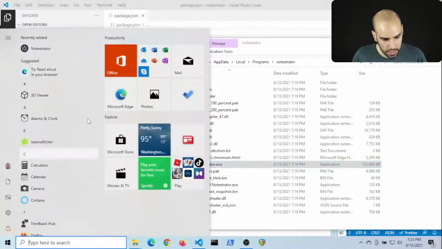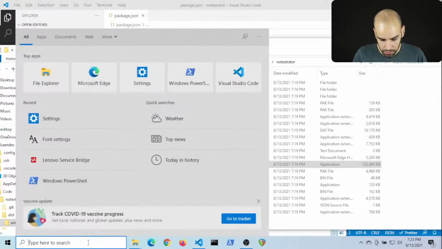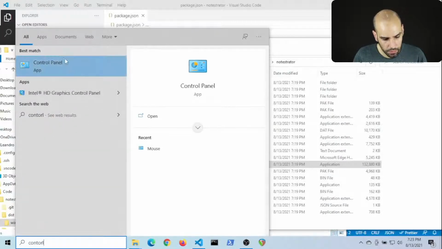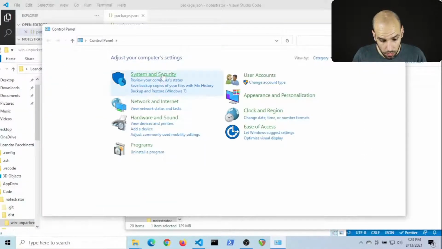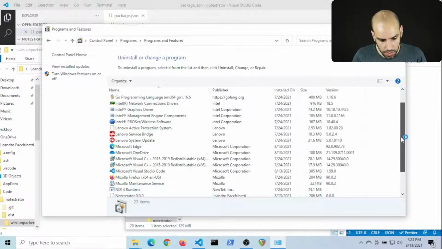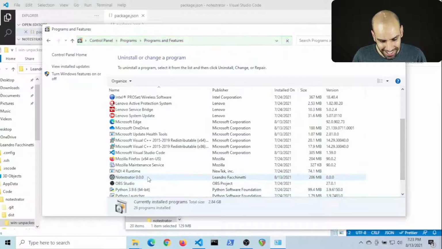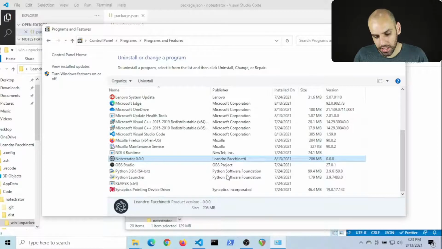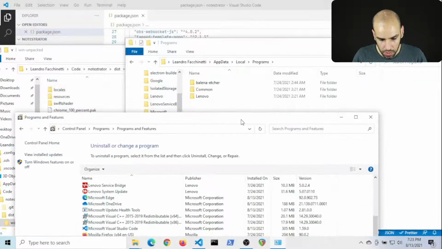And what happens if I uninstall? Does it even show up on, I think it's control panel? Uninstall a program. Does it show up here? Yeah, here is our, oh, and it has the name and everything. It picked up the name from the author and the version and everything. That's all right. So if I uninstall this, what happens with that folder? It goes away.